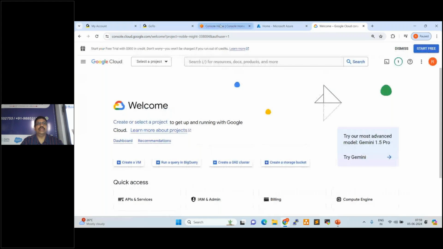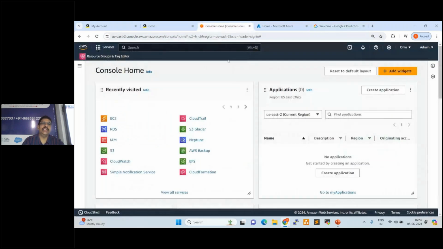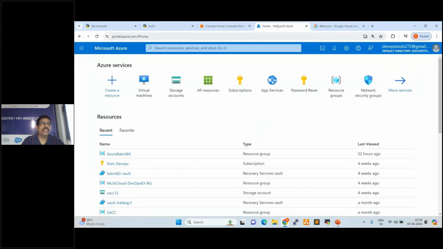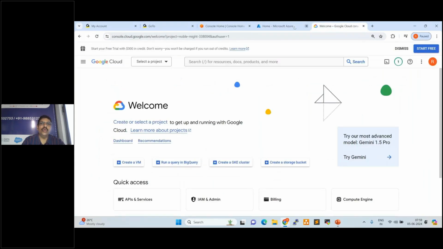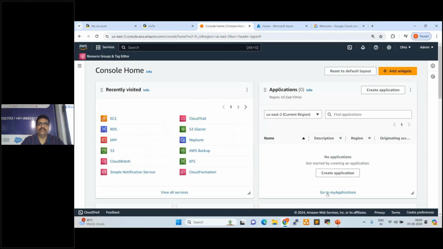In AWS, nearly 42 services will be covered. In Azure also, whatever core services are there will be covered, and in GCP too. If you learn these three platforms, you can easily crack your interview and cope up in the project. You can learn AWS DevOps or Azure DevOps. DevOps is DevOps everywhere. Three platforms are there, and DevOps is covered too, so that you can fit into any project. Clear?